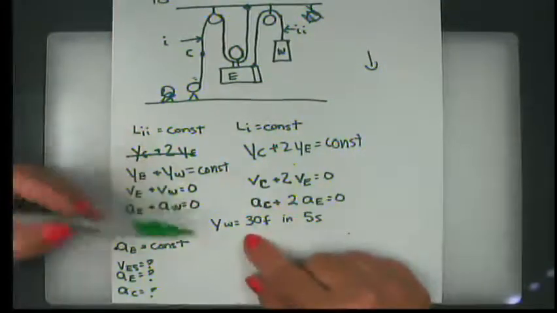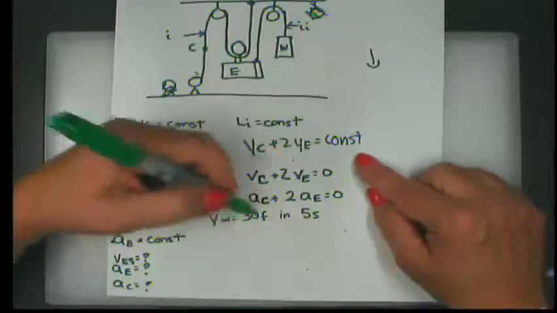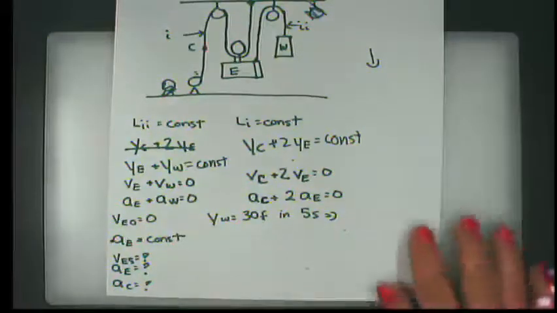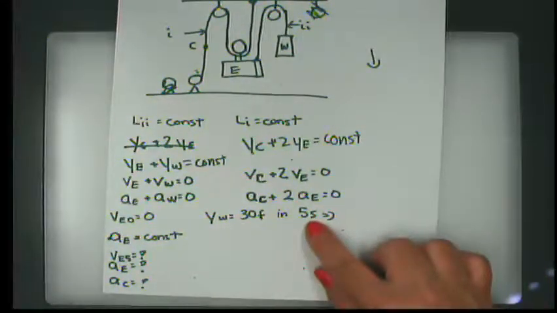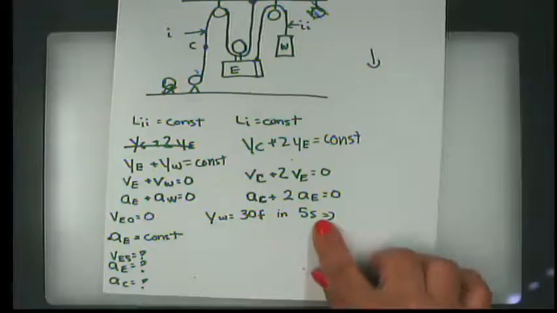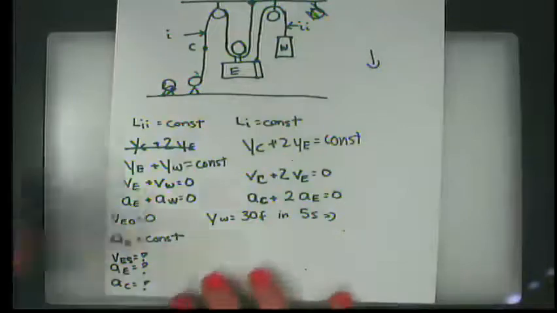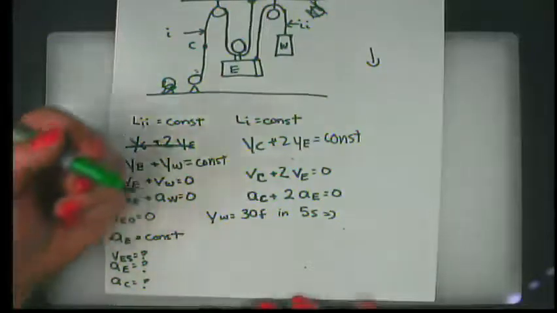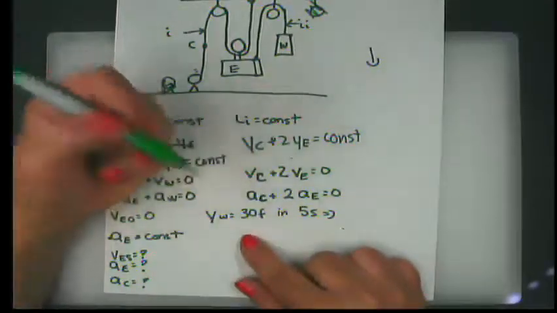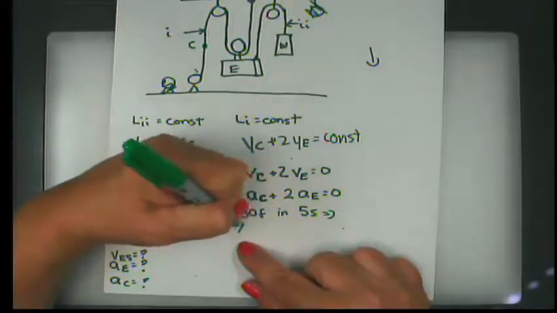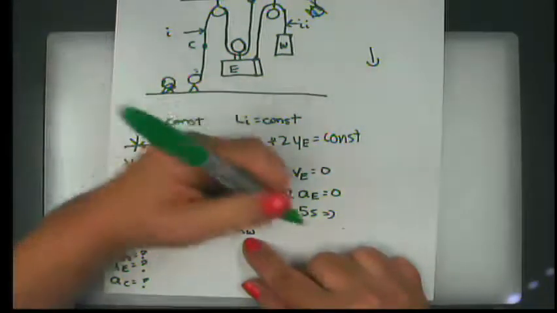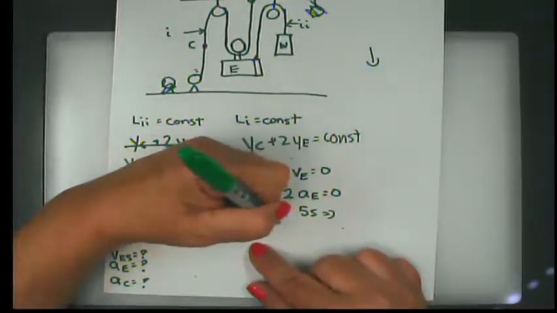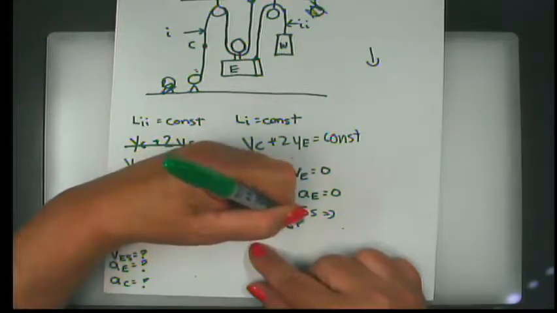So if I take a look at the positions, the first thing I really think I would want to do is to develop an equation for what the acceleration or the velocity looks like for this particular item, just the weight itself. So we know that acceleration is constant. From our previous work, and this is also documented in the book, we know that x of w, and the other problem was x of b, at a constant acceleration with a 0 velocity is equal to a t squared